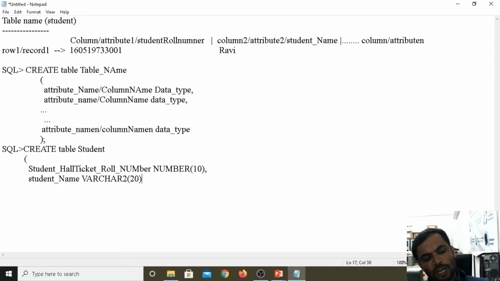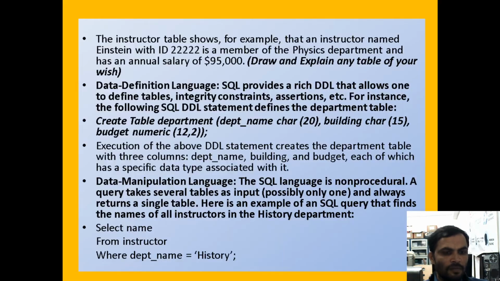In varchar there are 2 advantages: it can insert characters, and it can insert alphanumeric values, characters and numbers also. Then date of birth, which has the date data type. Then I am closing the command. This is the syntax.